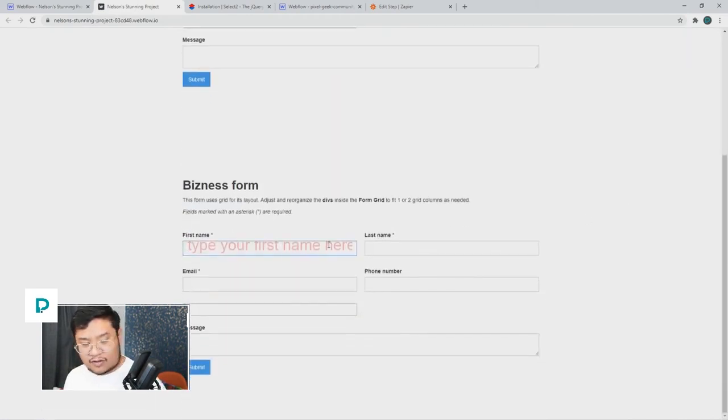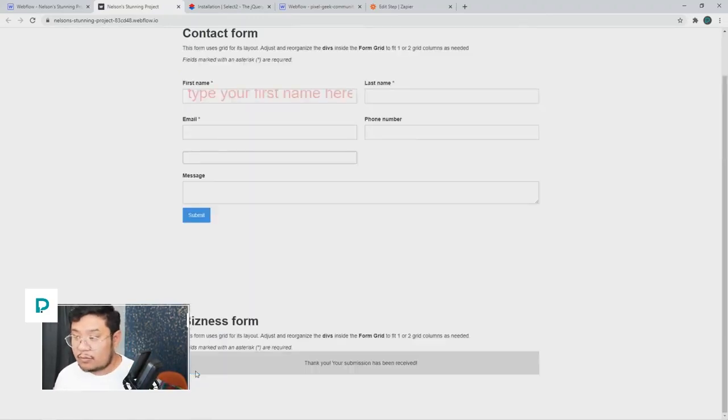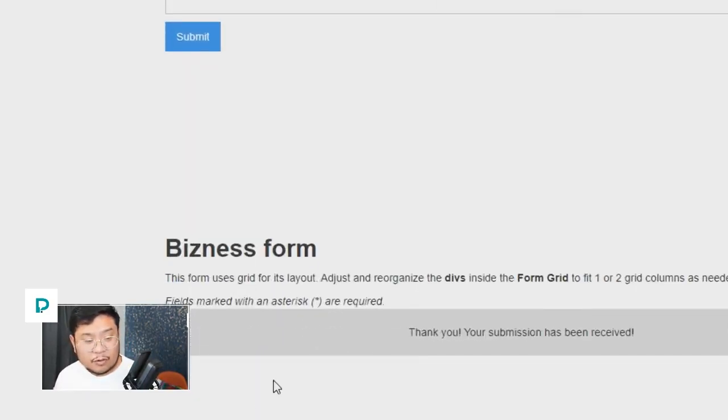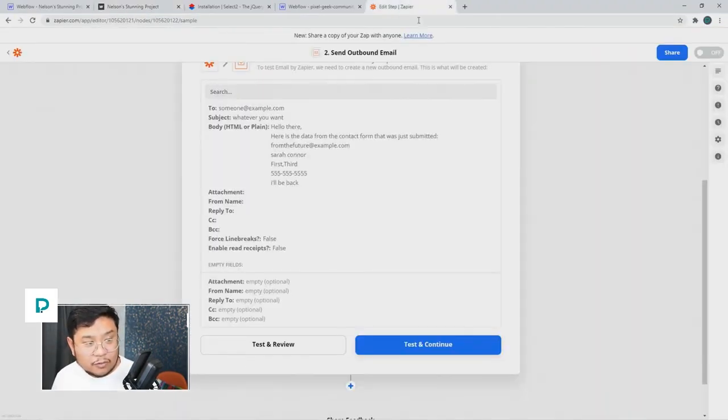Let's go ahead and start typing something. Johnny Business. Email, I don't know, at example.com. Phone number. And then select fields, we'll just do third. And hey there for the message. I'm going to press submit. And there we go. My business form has been submitted. So I've made fake data. So what I can do with this